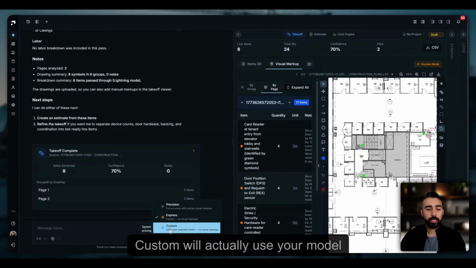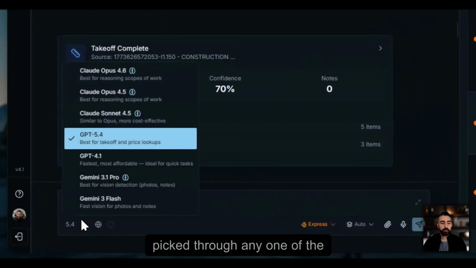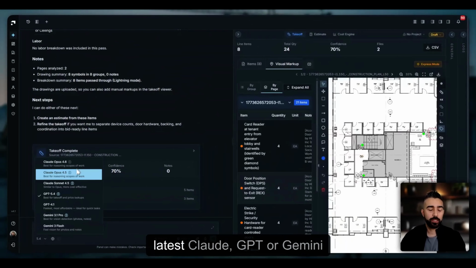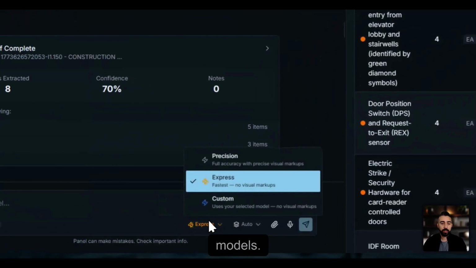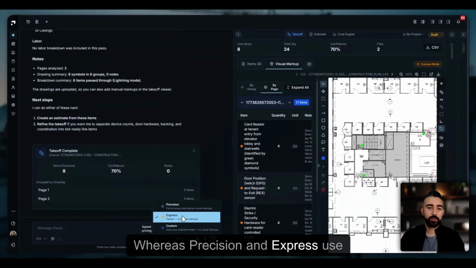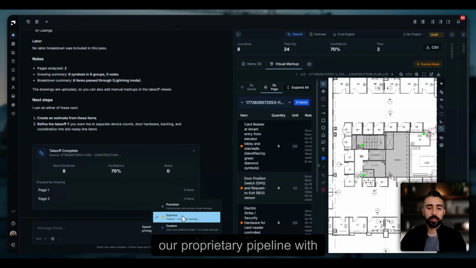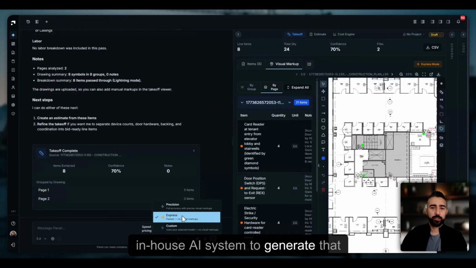Custom will actually use your model picked through any one of the latest Claude, GPT, or Gemini models, whereas precision and express use our proprietary pipeline with analyzing the best use case of our in-house AI system to generate that